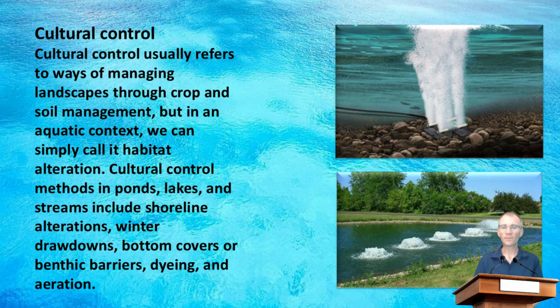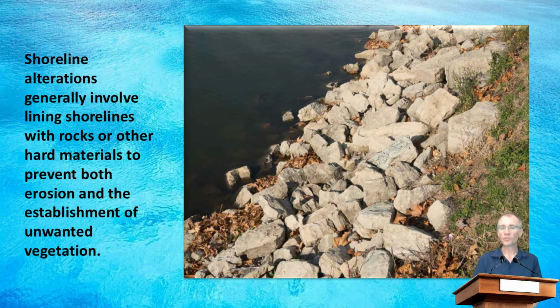Cultural control. Cultural control usually refers to ways of managing landscapes through crop and soil management, but in an aquatic context, we can simply call it habitat alteration. Cultural control methods in ponds, lakes, and streams include shoreline alterations, winter drawdowns, bottom covers, or benthic barriers, dyeing, and aeration. Shoreline alterations generally involve lining shorelines with rocks or other hard materials to prevent both erosion and the establishment